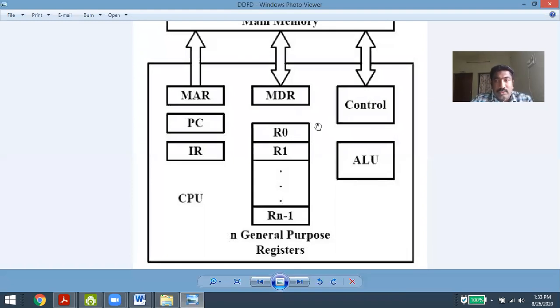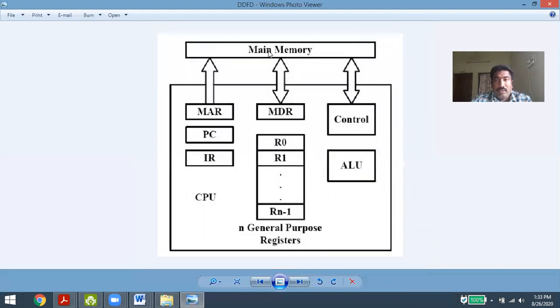So whenever executing 2 plus 3, initially our program is already stored in some memory, let it be some drive. Whenever we are executing it, the entire program will be loaded into our RAM, that is called our main memory. Execution of instructions is carried out only in the main memory, that is called RAM. Whatever screen you are seeing in your computer, all of that is executing in the RAM.